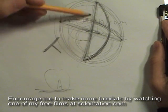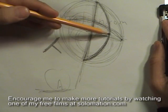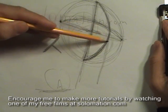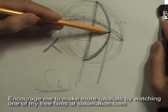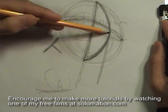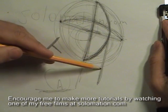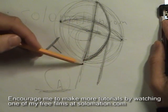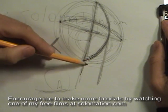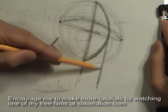So this line right here is going to determine the angle at which the line I'm drawing now is coming off the front of this arc right here. You want to bring a line down, and you want this line here to be perpendicular to this line here. You want them to be the same distance apart at all times. So you're going to bring this down,